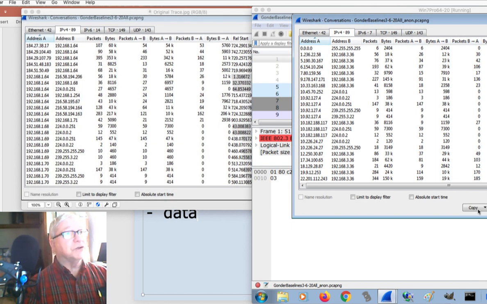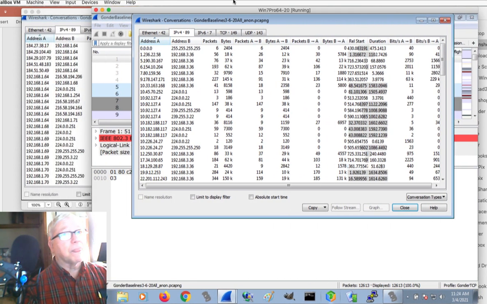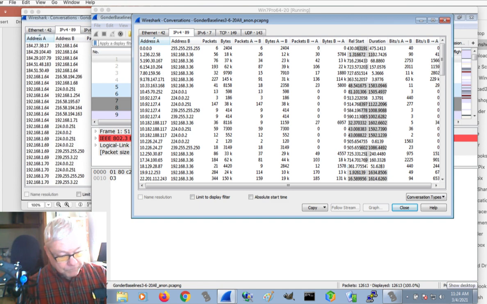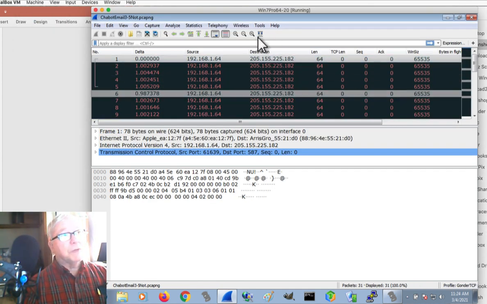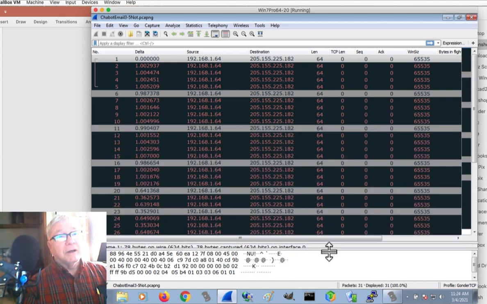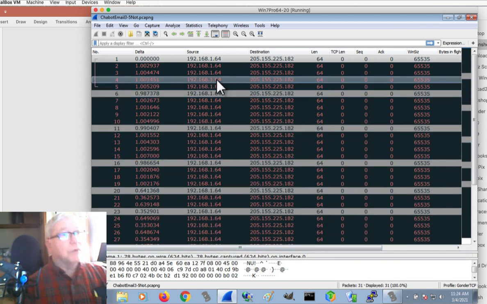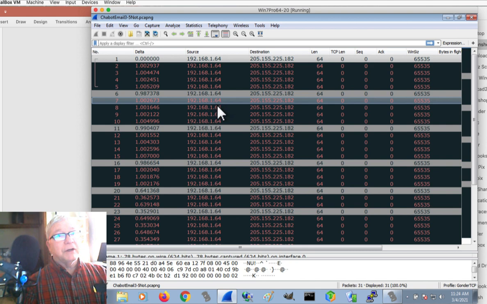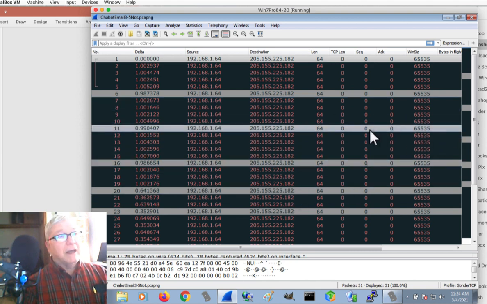So if I have the job of anonymizing a file and then showing that I've anonymized the file, I've got two sets of IP addresses here that I took a screenshot for. So let me open up a second one. I opened up the Chabot email NOT, and this is a pretty ugly looking trace file here, isn't it? It's a lot of black stuff going on there. We're trying to connect here, and it's not happening. It's not happening.